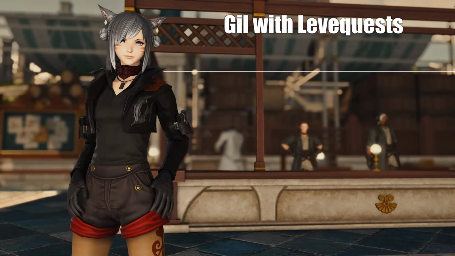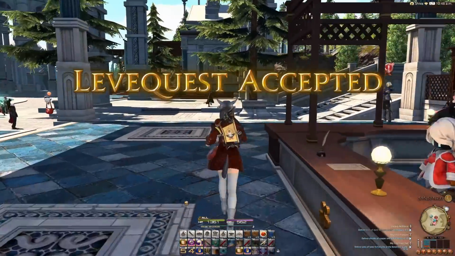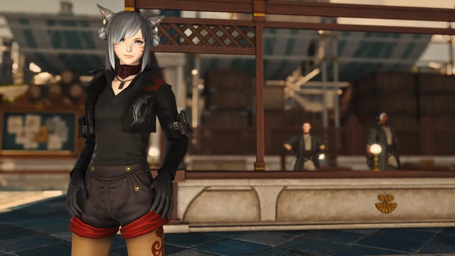Welcome to another video. Today I want to share with you a cool guild tip that I just found out by figuring out I don't have anywhere to spend my leaf quest allowances right now, because I'm not leveling crafters. I'm not doing anything with them. So yeah, I just figured out that there are a couple of ingredients that you can just buy from the